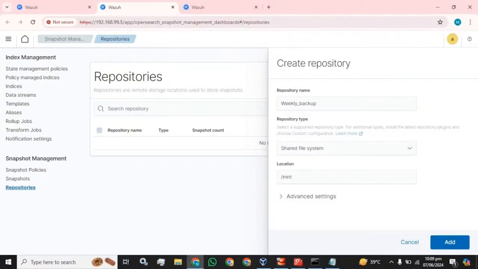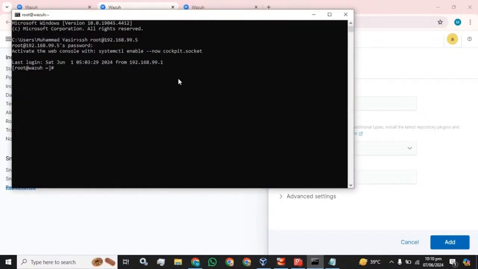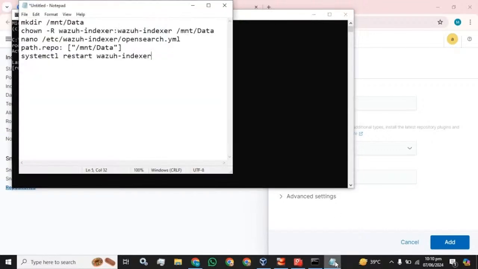Okay, we have to follow some steps before creating or attaching the repository. Here we have to define the location where this backup will be stored, where this repository will be created at our Linux machine. So just SSH your Linux machine on which Wazuh server has been installed, and you have these